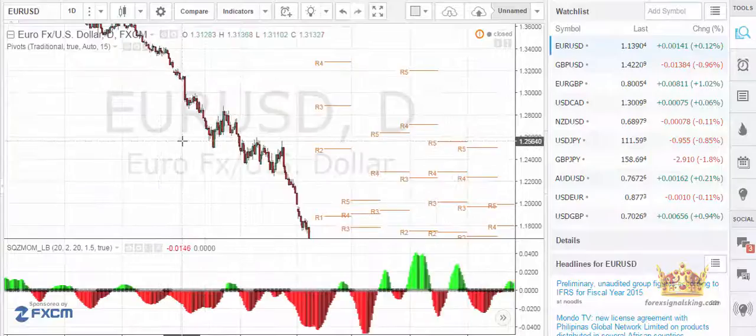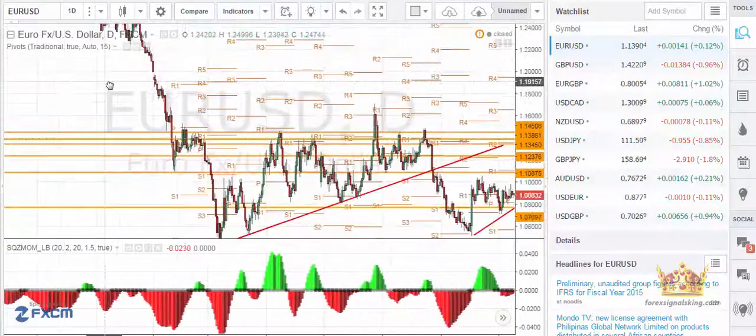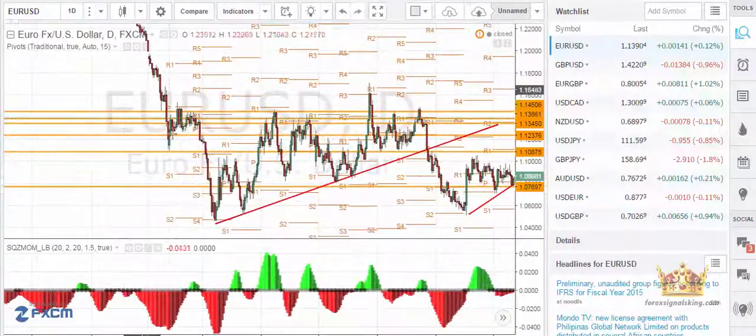Then it keeps going down and down till it finds somehow a bouncing ground right here at March 2015, and it started growing again. As you can see, it started growing again from March 2015, but the growth never exceeded this resistance at